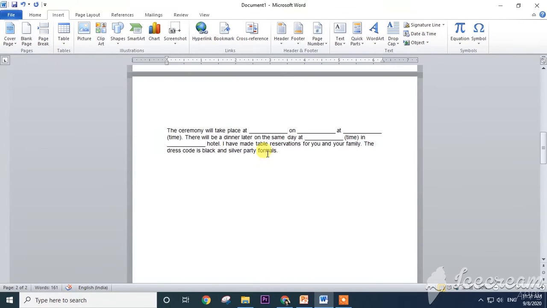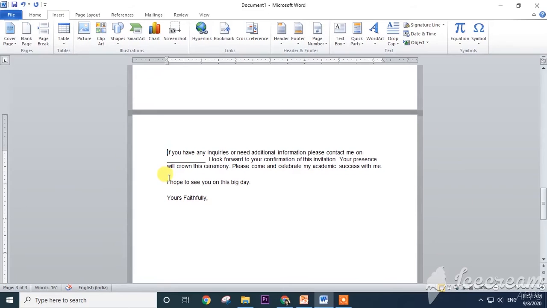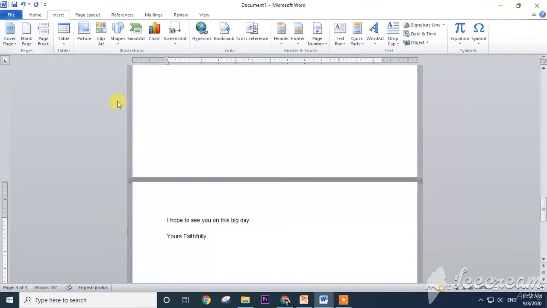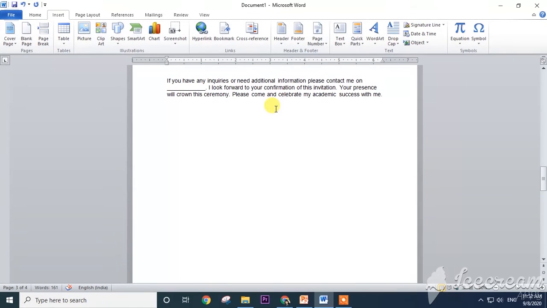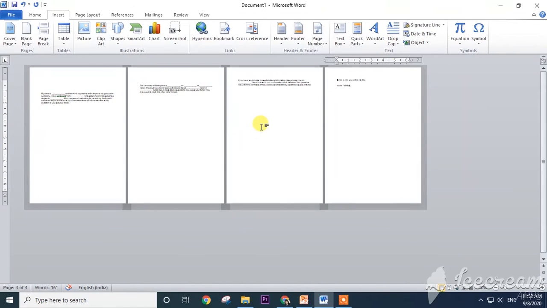See, now this is in the second page, now this becomes the third page. Place the cursor, go to insert tab and click on page break option. In this way we can break the pages into different pages. See here, now all the data comes in 4 pages by using the page break option.